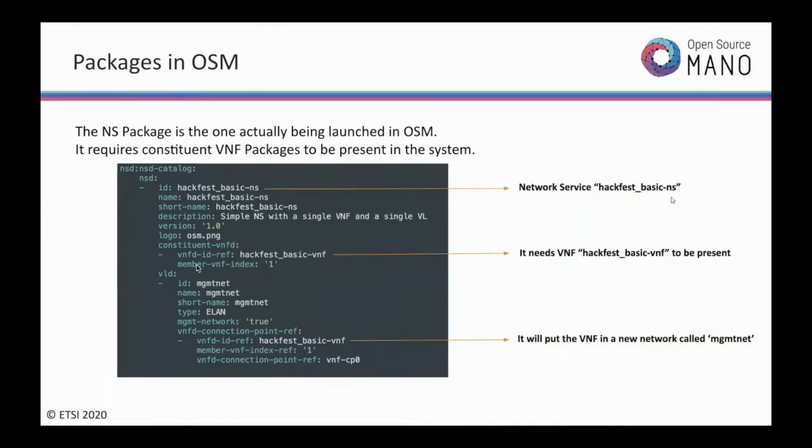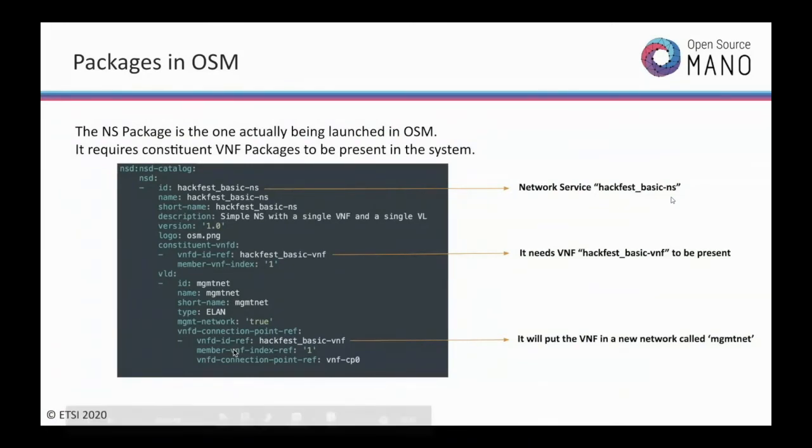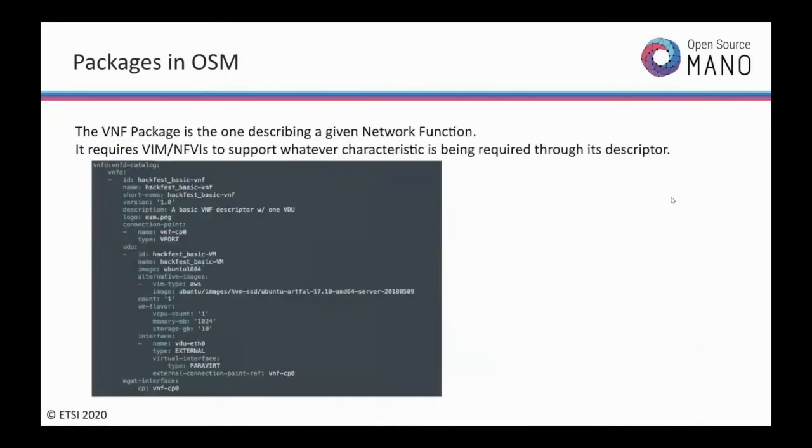Or if we want to connect a second port of the same VNF in this network service, then we just put an additional connection point to the same VLD. Okay, so this is the network service, a basic example of a network service descriptor, and then a VNF descriptor